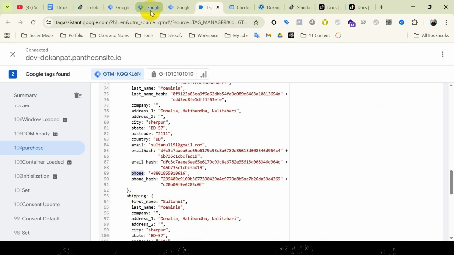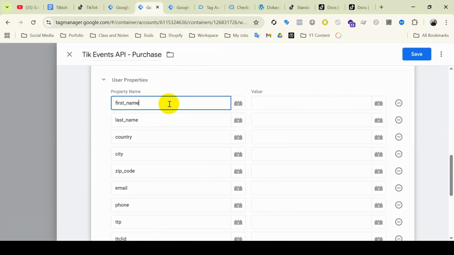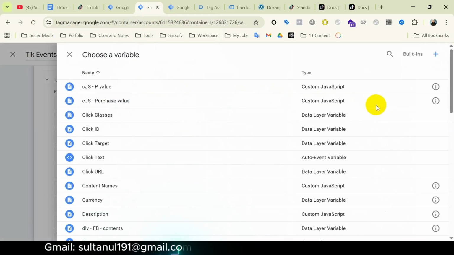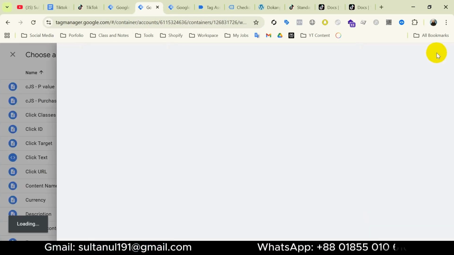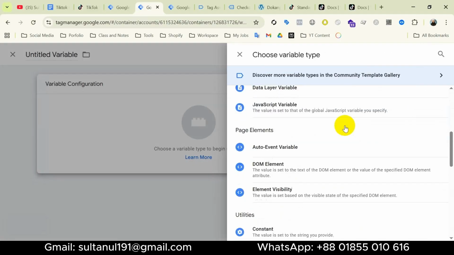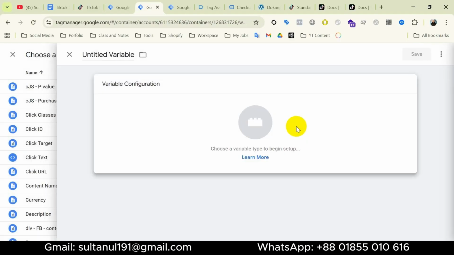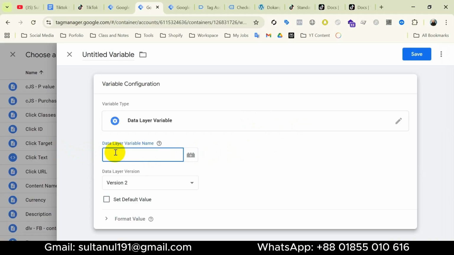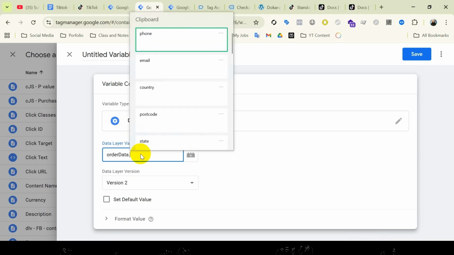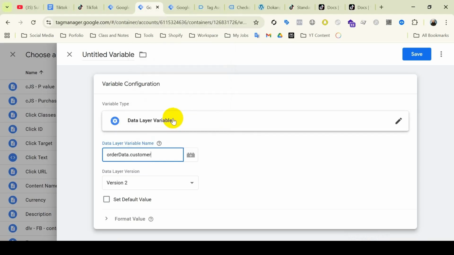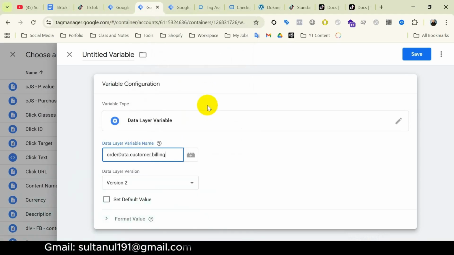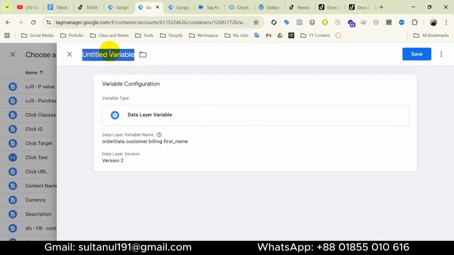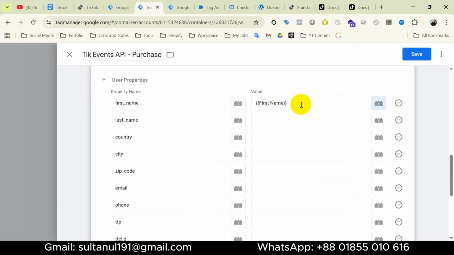Now let's go back to Google Tag Manager first tab. For the first name value, I'll click on this plus icon, then again click on this plus icon, then variable configuration, then choose from here data layer variable. The data layer variable name will be order data, then dot, then customer, then dot, then billing, then dot, then first name. I'll entitle the variable first name,